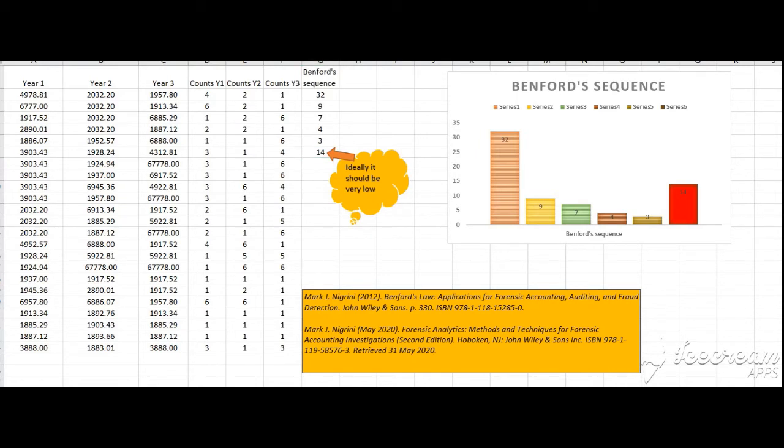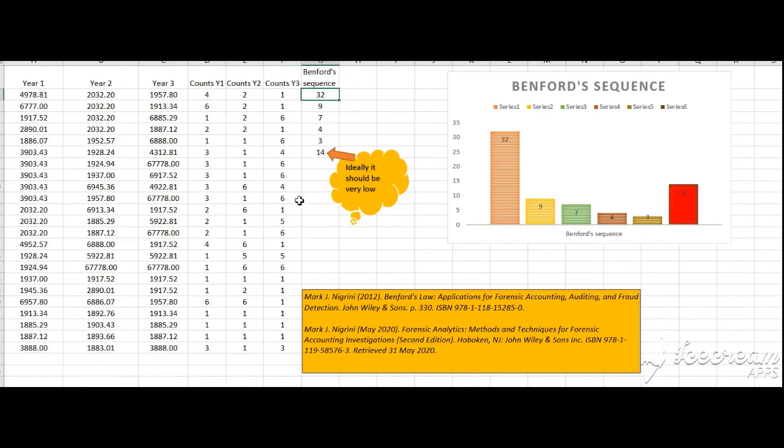So Benford's law says that if you take any random sequence of numbers across the globe, the first digit has the maximum propensity of occurrence. The second digit is drastically lower than that. The third digit also is drastically lower, and by the time you reach the 5th, 6th, 7th, 8th and 9th digit, the chances of occurrence are extremely low. So that is the natural law of Benford's law. You can see Benford's law in detail. It is available in Wikipedia.